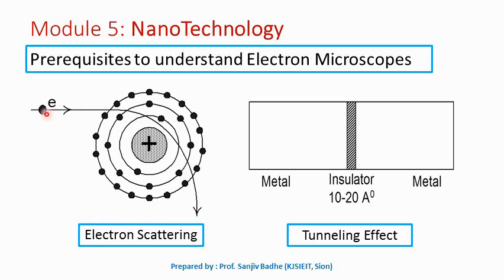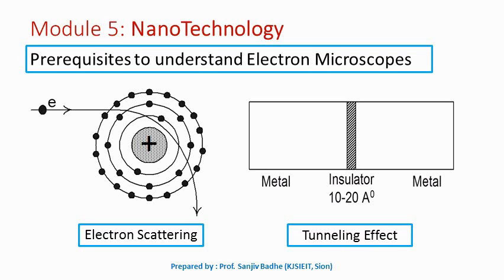For example, let us consider high-speed electrons penetrating into the atom. These high-speed electrons are attracted by the positively charged nucleus, and due to this, they deviate from their original path. This is equivalent to collision with the nucleus, and in this process electrons slow down and lose their energy. So in short, scattering means change in path of the electrons after colliding with some other small particles like the nucleus of an atom or another electron.